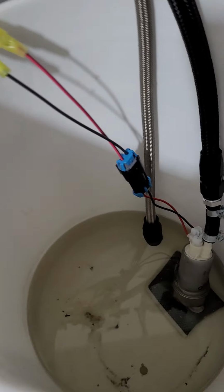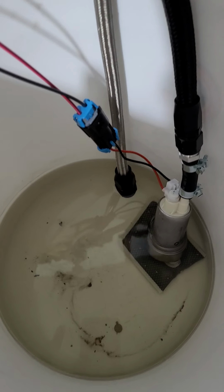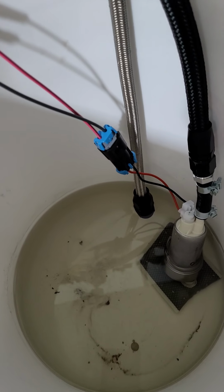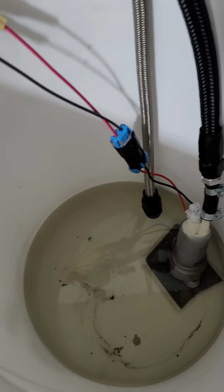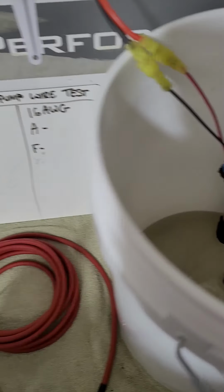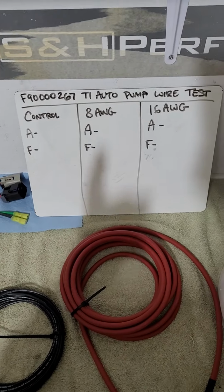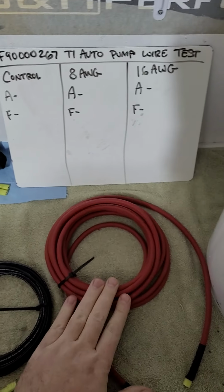So in the rig, I have an F90267 TI Auto E85 Walbro 450 pump. They actually flow 430 liters per hour at 40 psi, right? So I have it in the rig, and first I'm going to do a control test. Then I'm going to splice in a 15-foot...